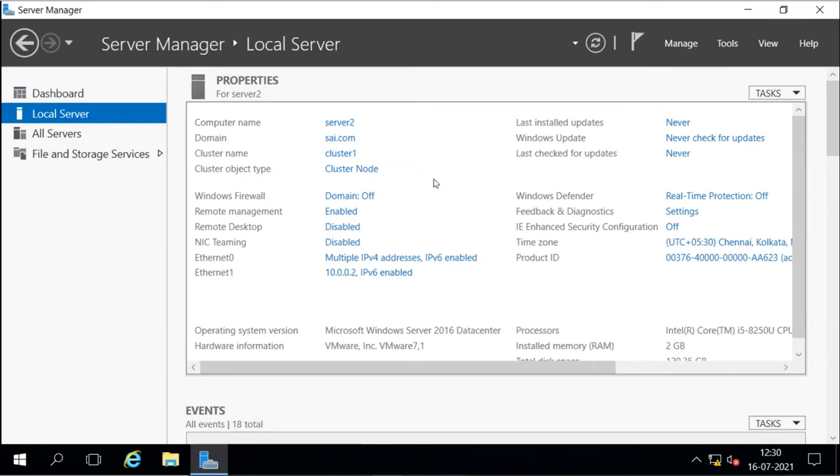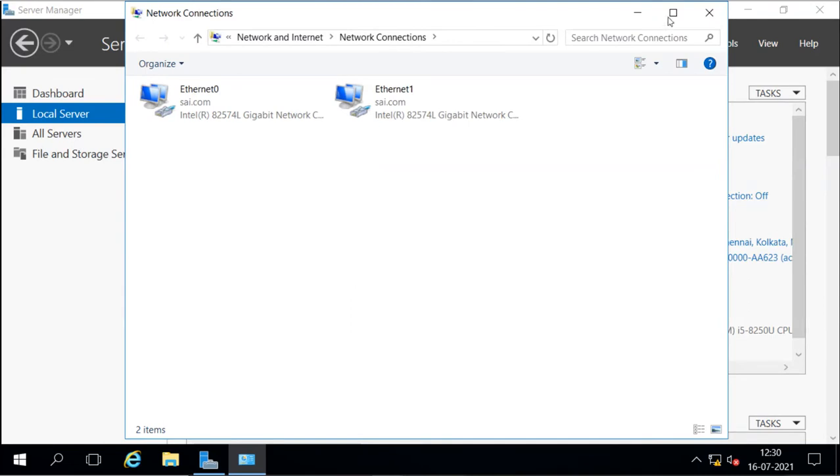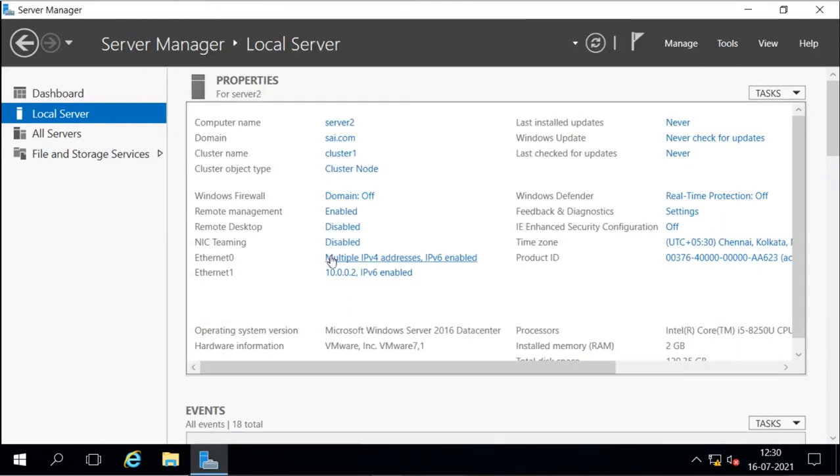Now here we have already configured the cluster, and we have a cluster named cluster 1. We have two nodes in the cluster, server 2 and server 3. We have two dedicated networks. One is for the storage, which is this 10.0.0.0 network, and the other network is dedicated for the host network, the node-to-node connection, and it is also used for the client. Now I will start my cluster here.